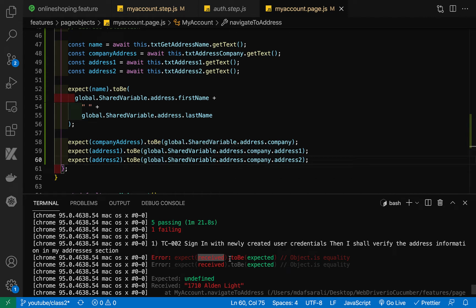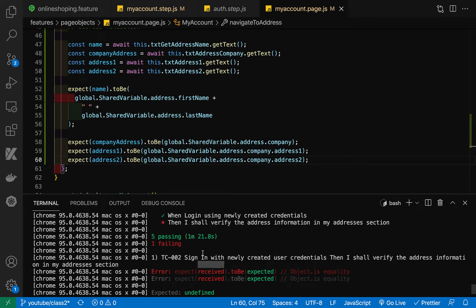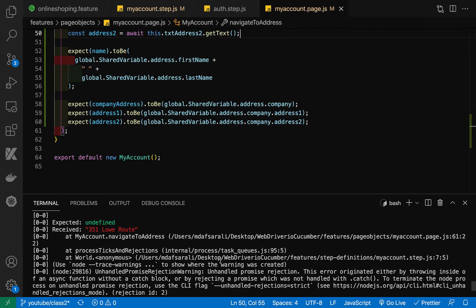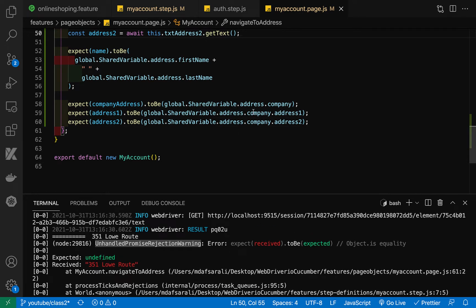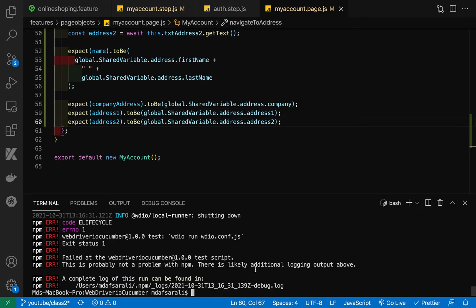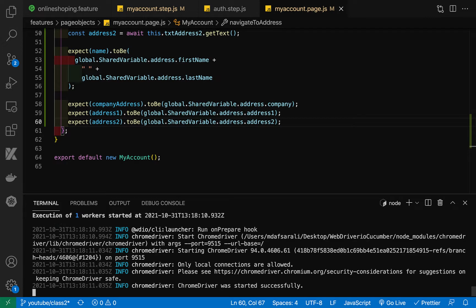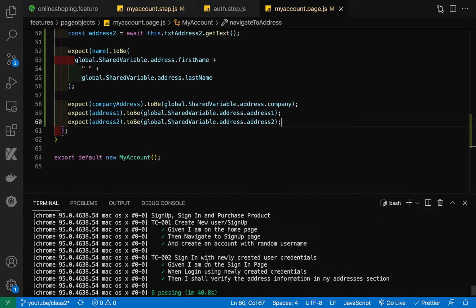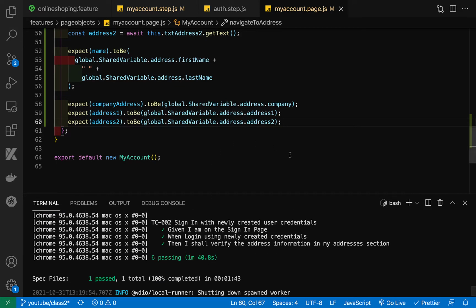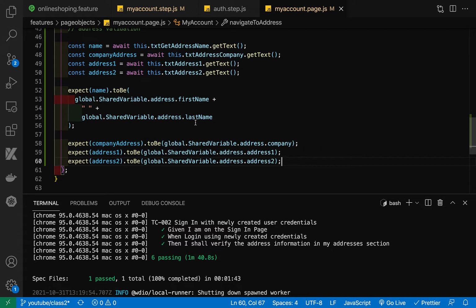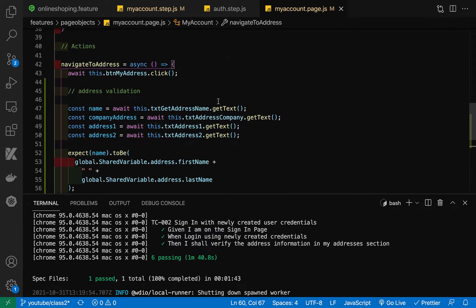Okay, so the issue over here is you can see I made one mistake. It should be address one, not address. There's no company. This is a copy-paste issue. Okay, so if I run again, I think it should pass. Let me run again. Okay, so now it's all passing. Fine. Then the next thing that we'll be doing in here,